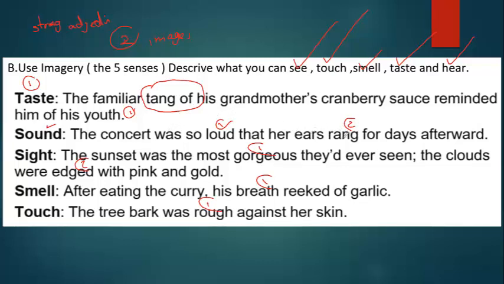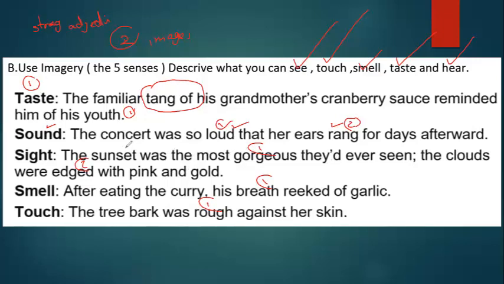Her ears rang for days afterward. So he used "loud" here, and here he used "rang." Number 3, for sight, what you can see. Describe what you can see using the perfect adjectives, like here,